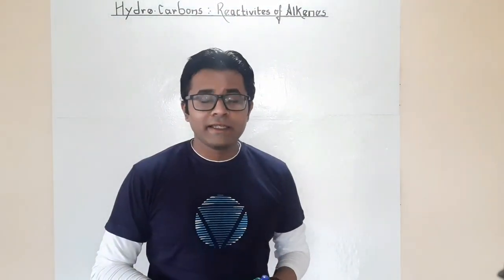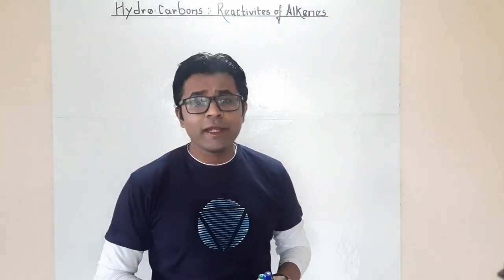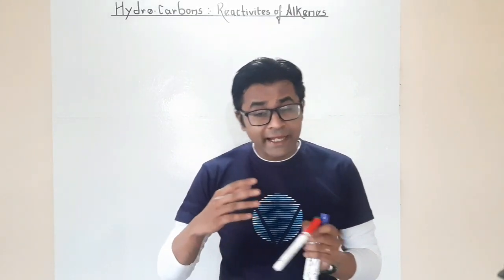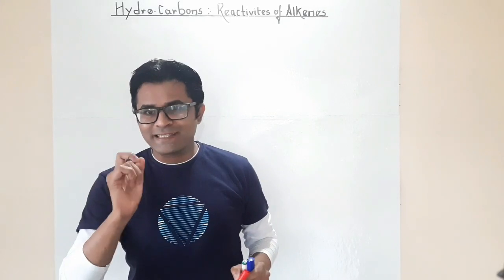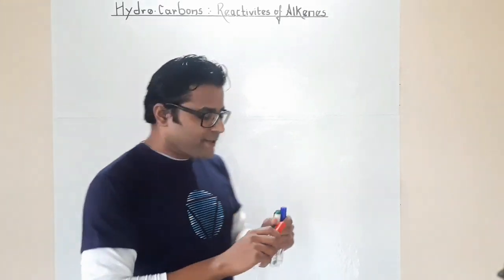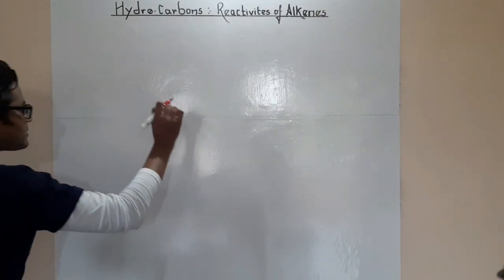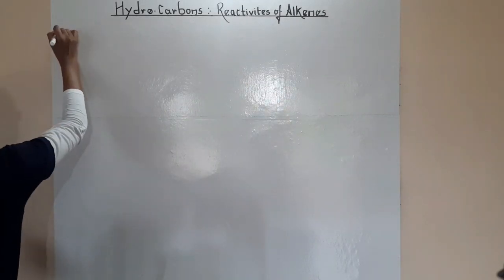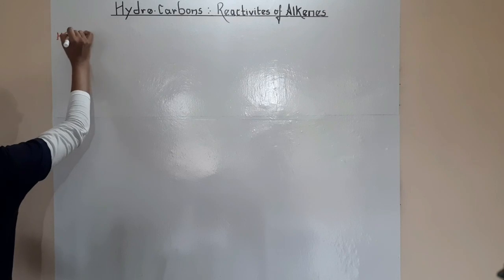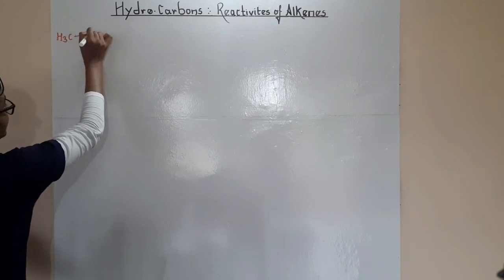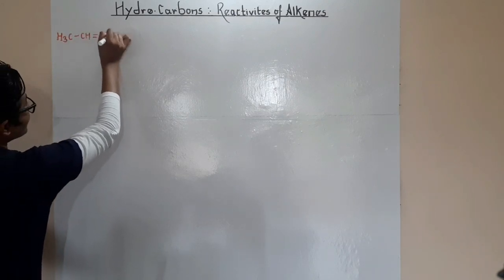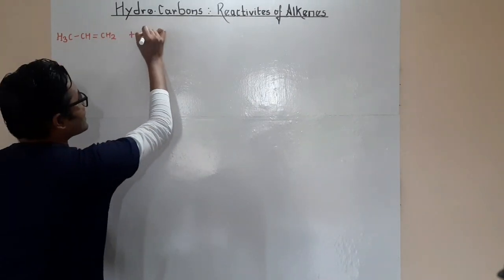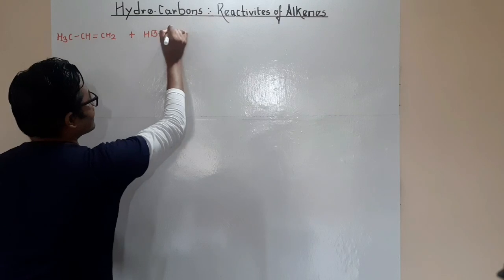Hello everyone and welcome to this video, wherein we are going to discuss the Kharasch effect, also known as the anti-Markovnikov's rule or the peroxide effect. According to Markovnikov's rule, if we take an unsymmetrical alkene and react it with hydrogen bromide,